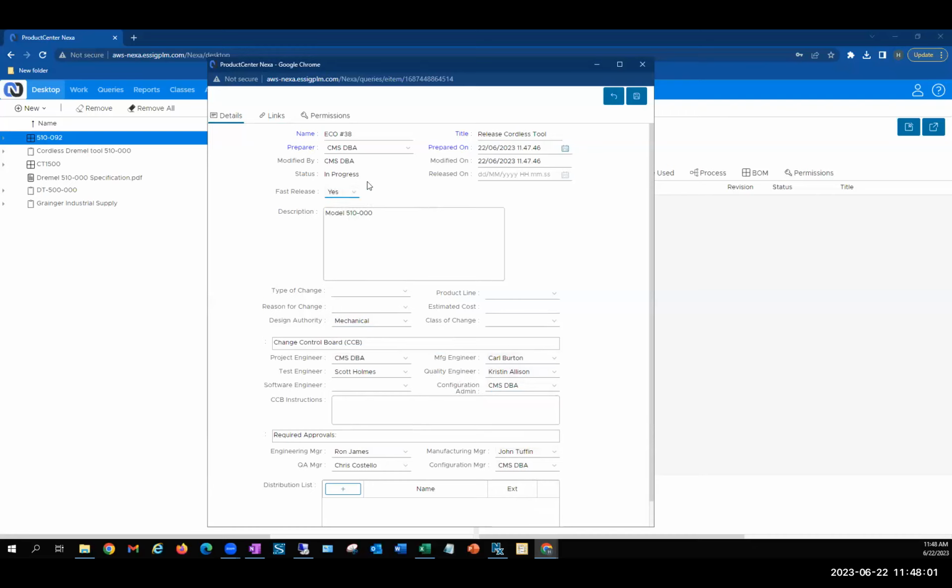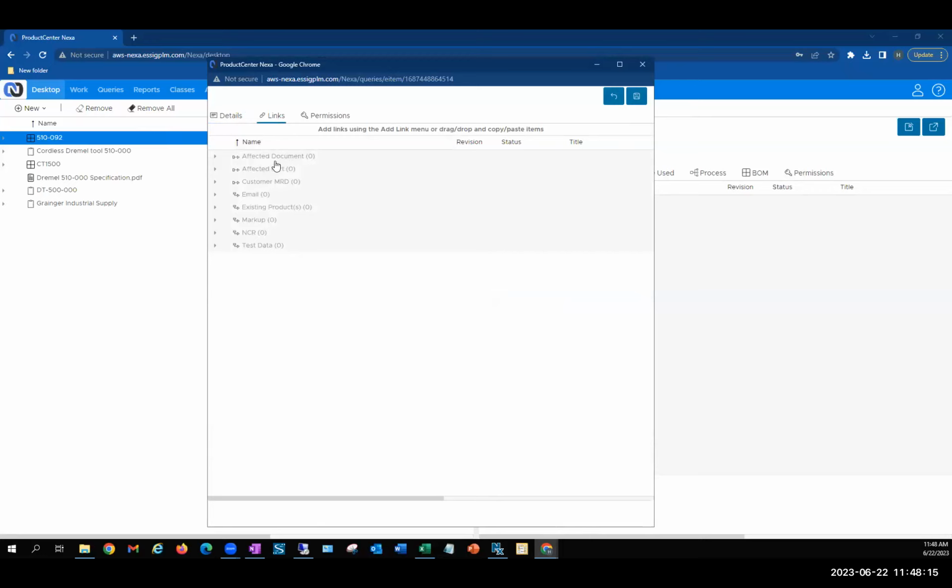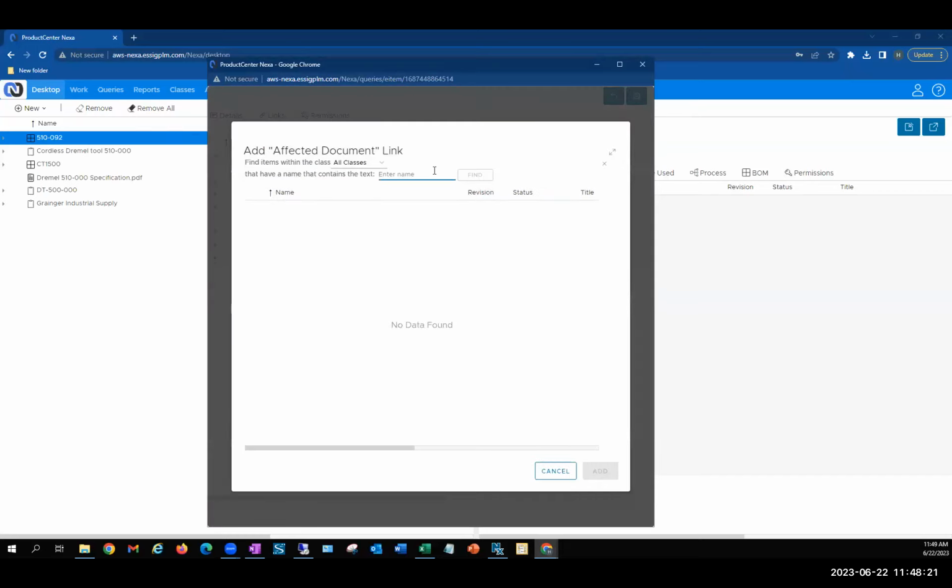So what you're going to see is as this is getting pushed through the workflow, I'm going to send it forward a couple times. And then at the end, you're going to see it just go through some activities and automatically release. So the last step here is linking those affected documents and those affected parts. So again, I can do the drag and drop, but I'm just going to search on them here and do 510